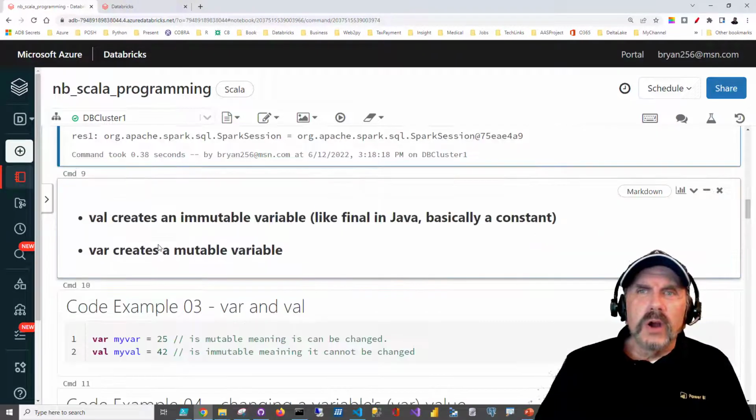By the way, RDDs are really not often the way you will go after data anymore. The newer abstractions like data frames and data sets are really the better way if you can use them. But there are times when you need to get back and really tightly control exactly what you're doing using RDDs.